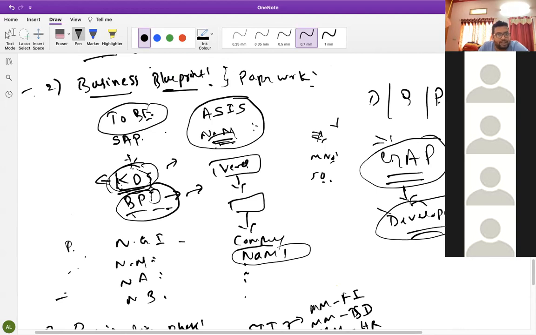Here, to understand their business, we will show them: we will prepare your configuration, this is your flow chart, like this we'll prepare and show them. There only we'll identify the gaps, by paperwork only. If they come again with requirements, then the gap.